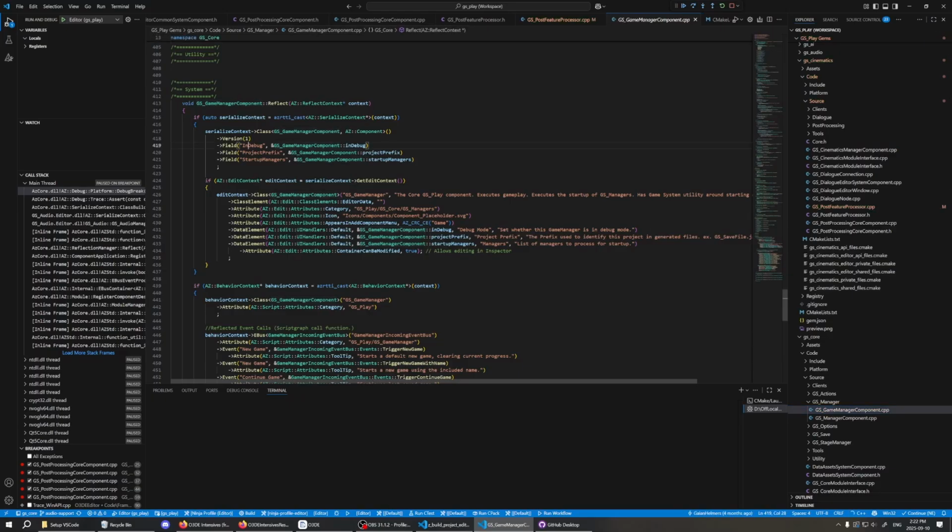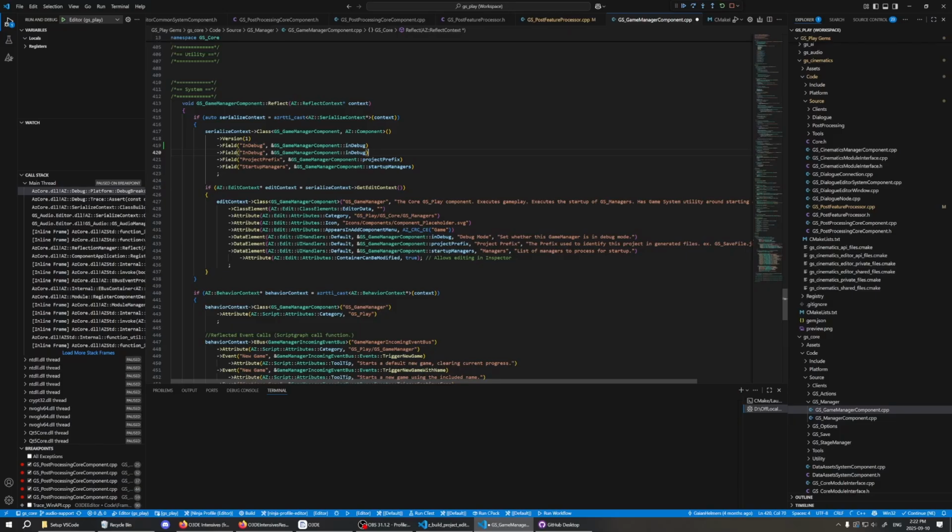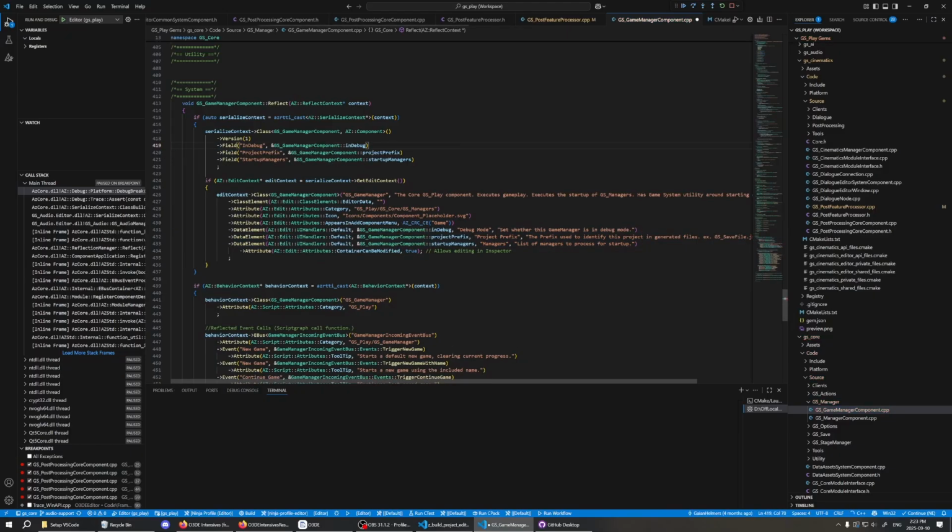So we have the whole in debug from GS Manager component. Well, let's say we need something from just AZ component. This isn't valid because I'm just doing a mock, but this can be valid because you're extending from Game Manager, whatever, and you need it to show up here in the editor. But it will throw an error when you do debug. And it's not invalid. I do it all the time, which is why it comes up. So in audio editor here,